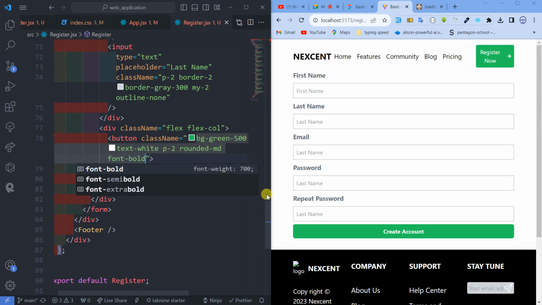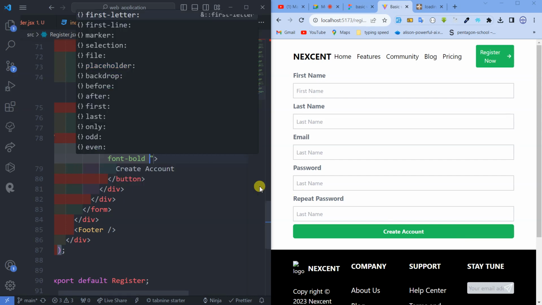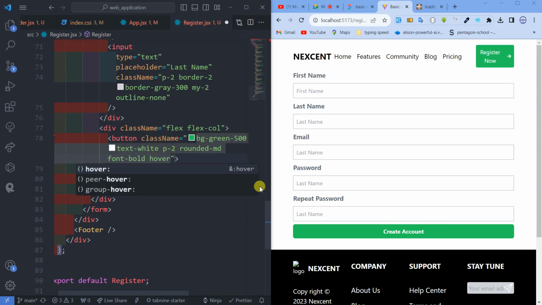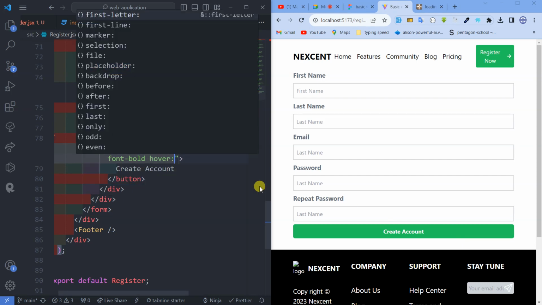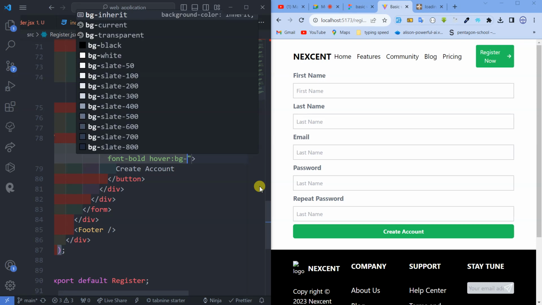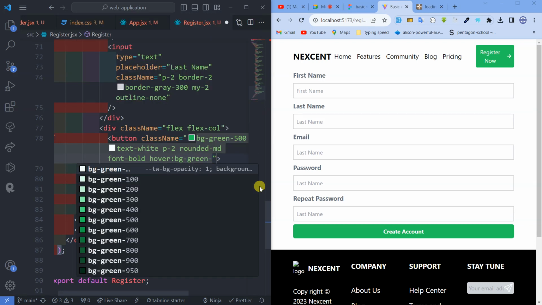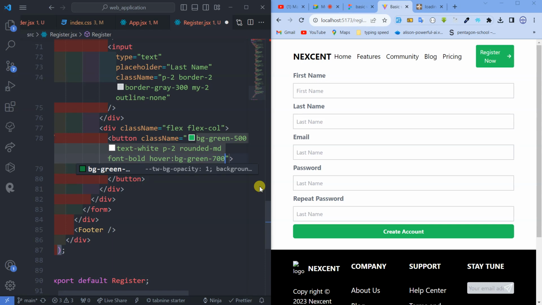Okay, so when we hover on this one, you can say hover dash, we can change the background, bg dash, to green, but this time it will go to 700. So let's see, you see, once I bring the hover here, this color changes. Then next,